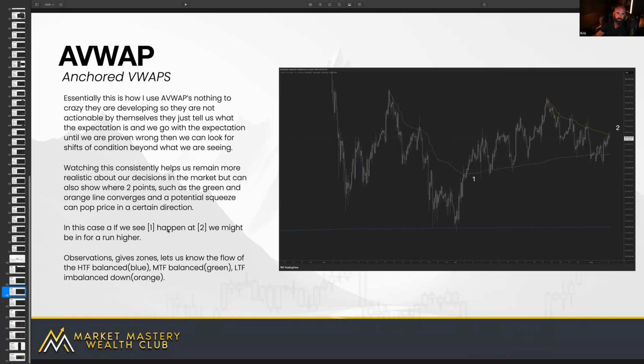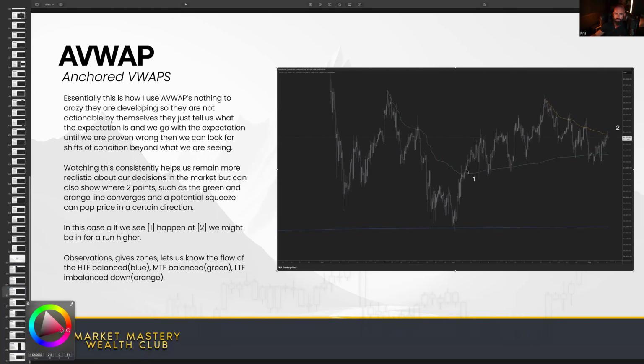So in this case, if we see one happen at 2, we might see a run higher. So what I'm saying there is we saw this happen, and then it went up, and then we see this happen, we go up. But for now, we need to expect down, but we need to expect up from here. They converge together, and boom, either way. Squeeze, Bollinger Band traders, you know that too. Bollinger Bands get really, really tight, and then they snap one way or the other as it's getting very, very heavy. And then, of course, we know as well, we have a bunch of our points of control currently